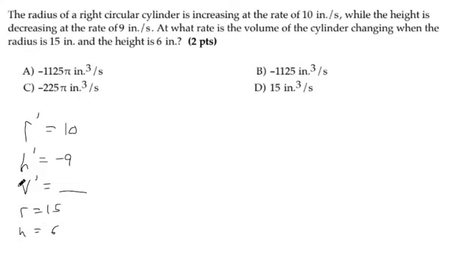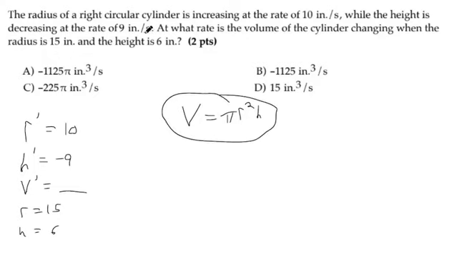Okay, so in order to get this V prime, H prime stuff, we need to take a derivative, right? So for that, we need to have a formula. And it's just the volume of a right cylinder. So pi r squared, that's the area of the base, times the height. And so if we take a derivative of this with respect to the underlying variable, time, we need implicit differentiation,